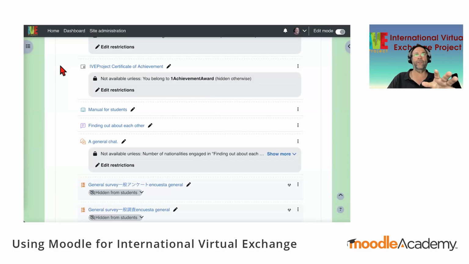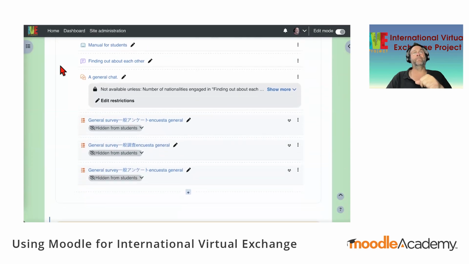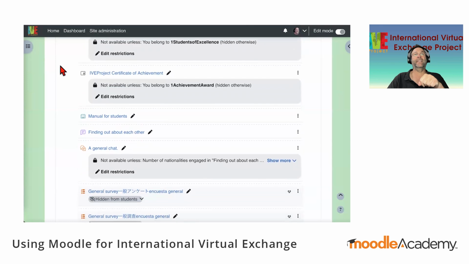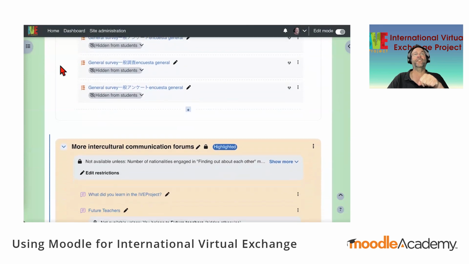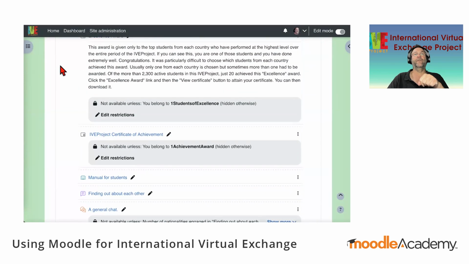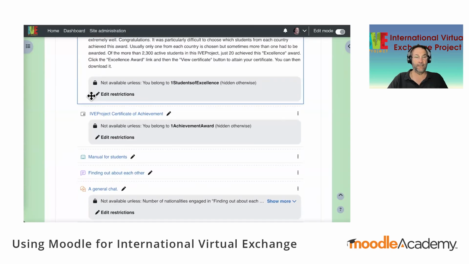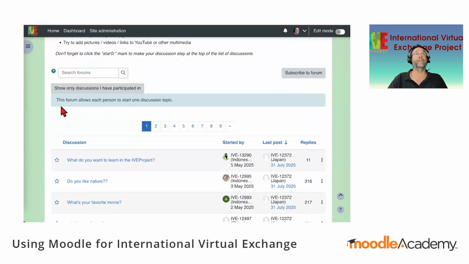When the students arrive, they firstly have to participate in a forum just to start to get to interact with each other. And the forum is the finding out about each other forum. So let's have a look at one of those forums.